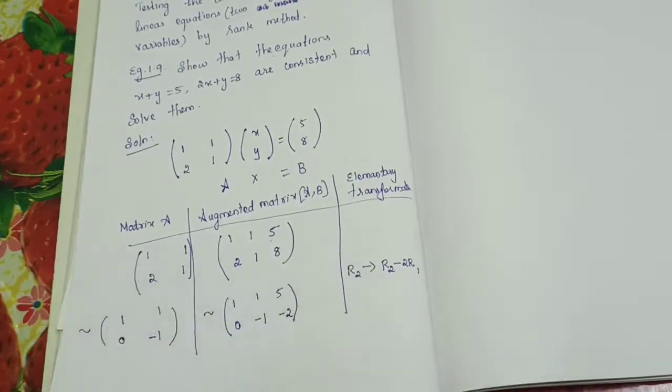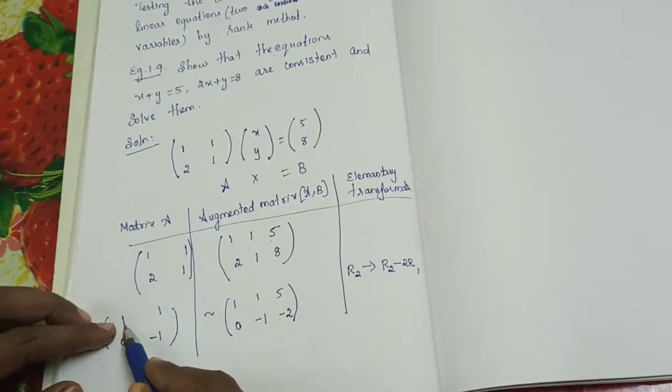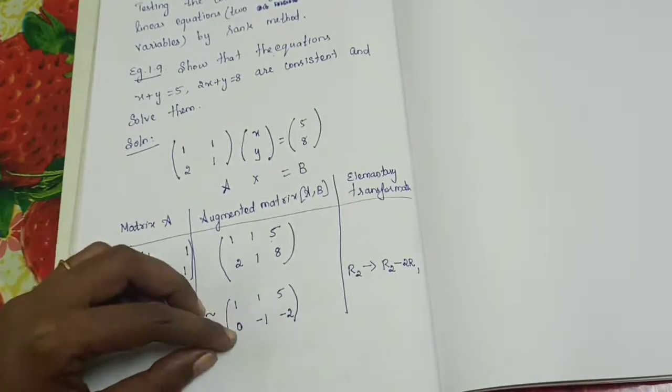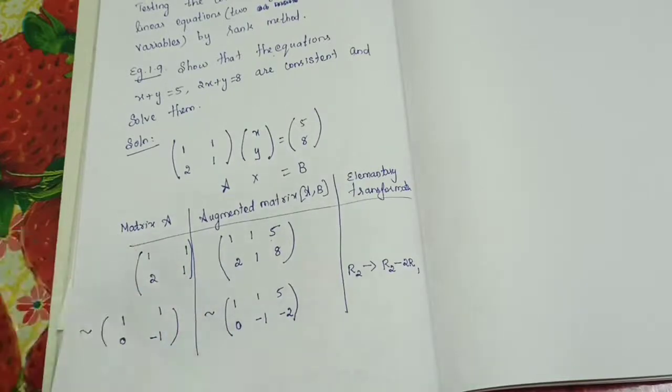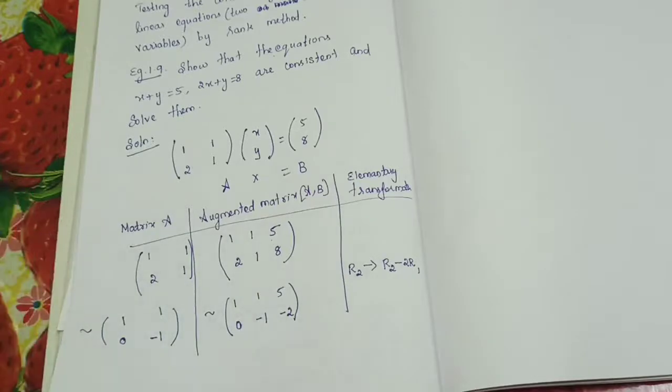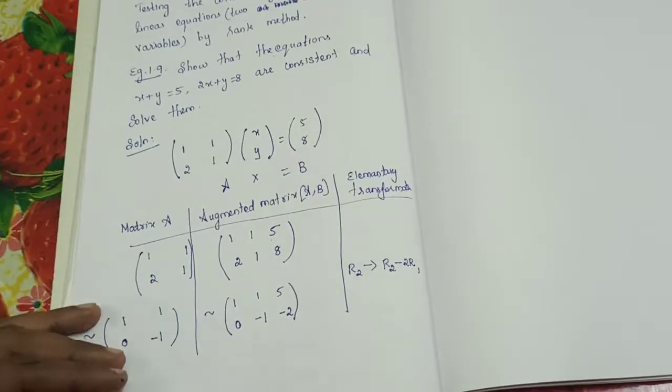Okay. So here see, this entry is non-zero, the element down is 0. Here also down it is 0. Is it right? You have learned that in the previous section itself. Here it is only a 2 by 2 matrix, so we can't change afterwards. Okay. Now it is in echelon form.